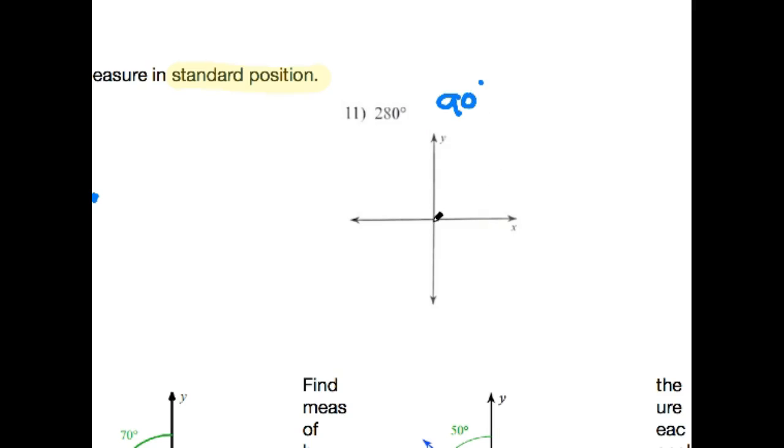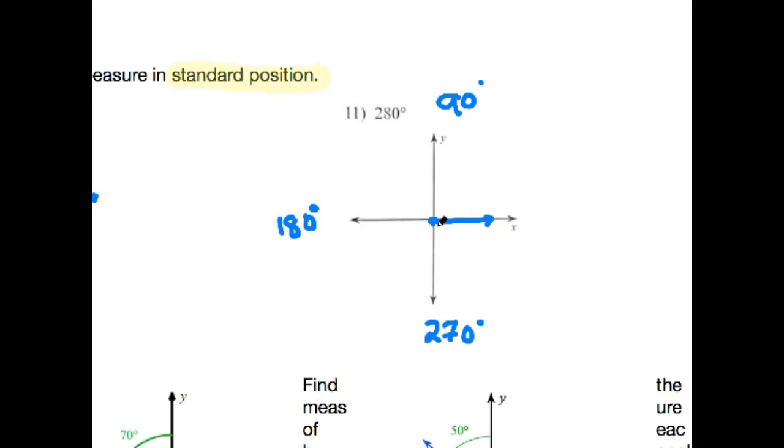Okay, so if we start at the origin, draw the initial side. Here's 90, here's positive 180, because we're going in the positive direction. We're going to be going counterclockwise. Here's 270 degrees. So we know that our angle here is going to be 10 degrees past